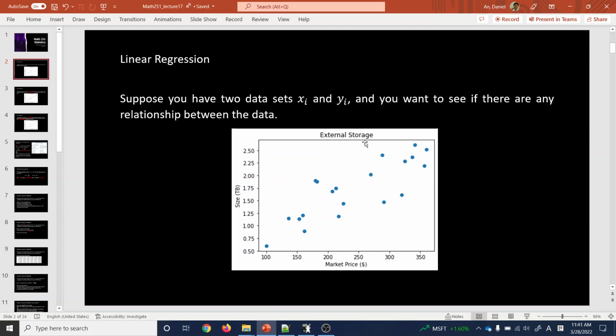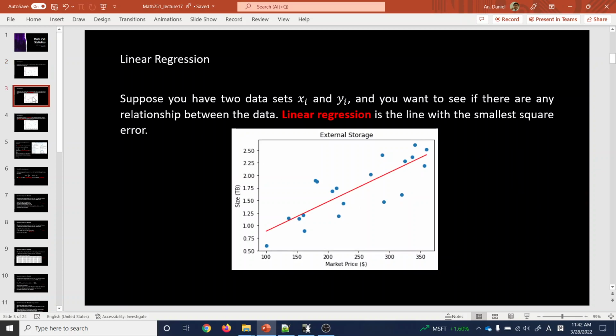So here, let's say you're shopping for external storage, and there are different market prices and different sizes. Some are like two terabytes, and some are like only 500 gigabytes. And having this, you want to know the relationship between them, and you can draw a line that has